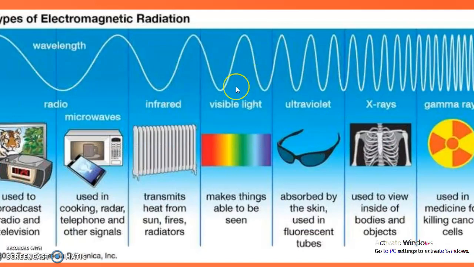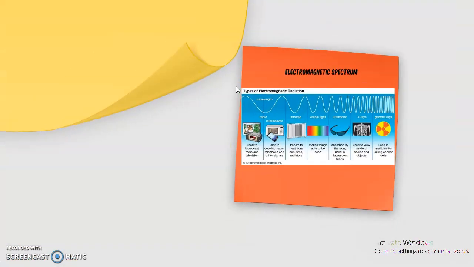You have n number of electromagnetic radiations here. You can see radio waves, microwaves, infrared, visible light, UV light, X-rays, gamma rays. We have seen all this in day-to-day life, right? We use radios and television sets, from which radio waves of the EMR come out. We use microwaves and cell phones, where microwaves, again a part of electromagnetic radiations, come out. We have infrared; we had infrared phones before.